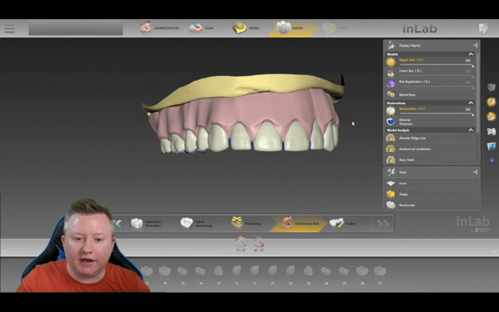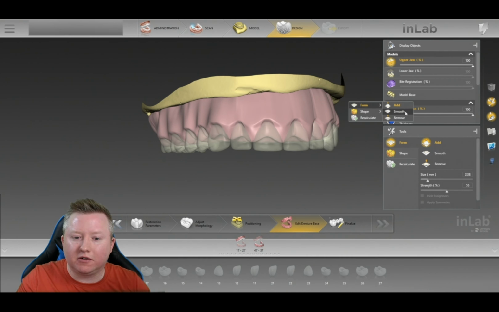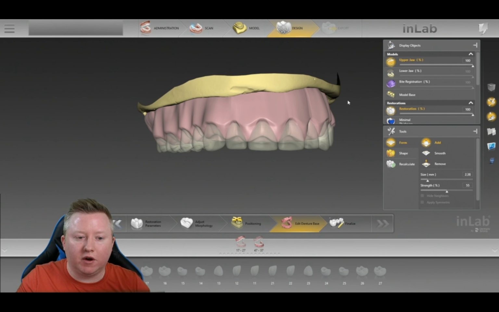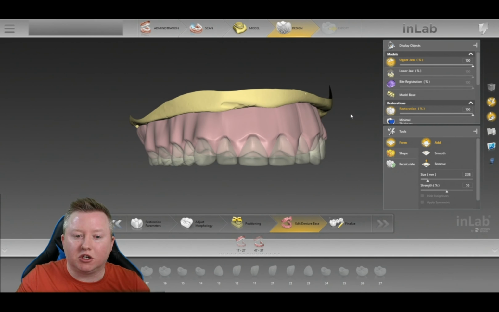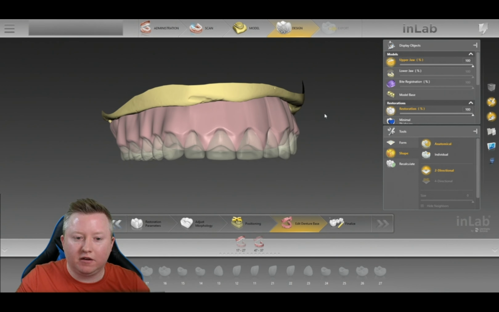So if you right click, you have the option to add material, smooth out material, or remove material. My suggestion when you're first getting started with digital dentures is to use the shape tool and shape it anatomically. I'll show you what that looks like. So if you click that, shape, right click, shape, shape anatomical, or just use your tools bar over on the right side, shape